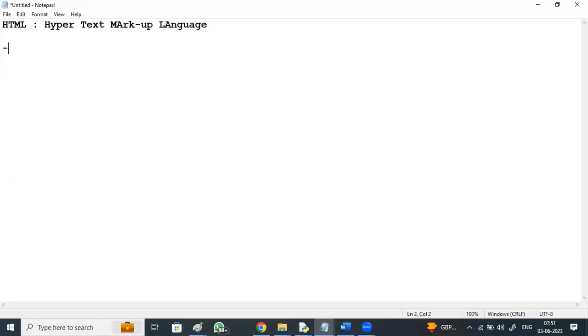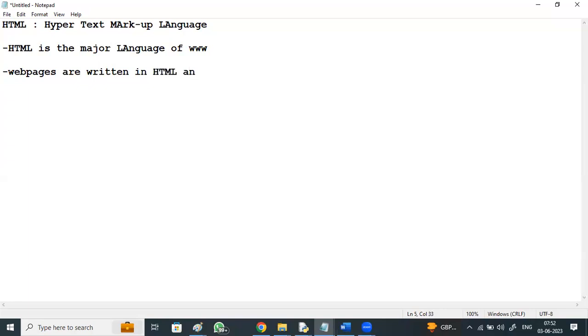Observe. HTML is the major language of the World Wide Web, www. Web pages are written in HTML, and it enables us